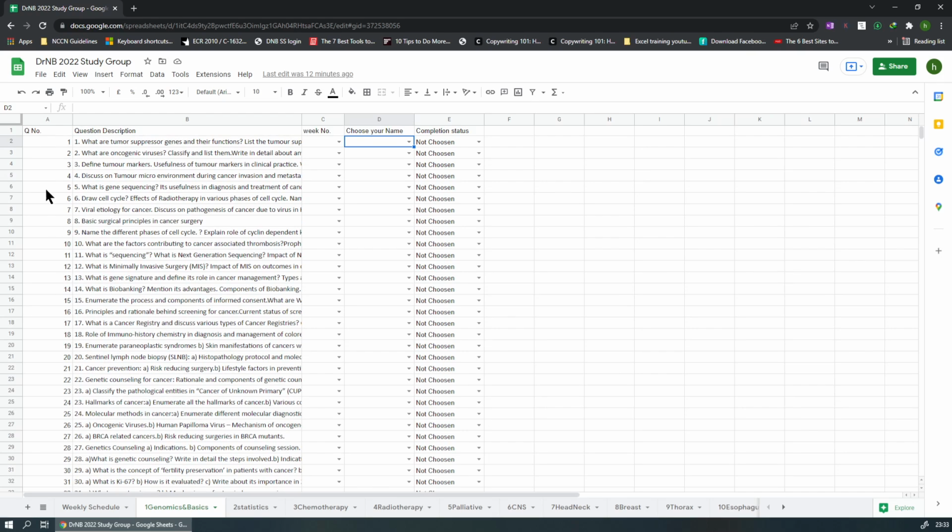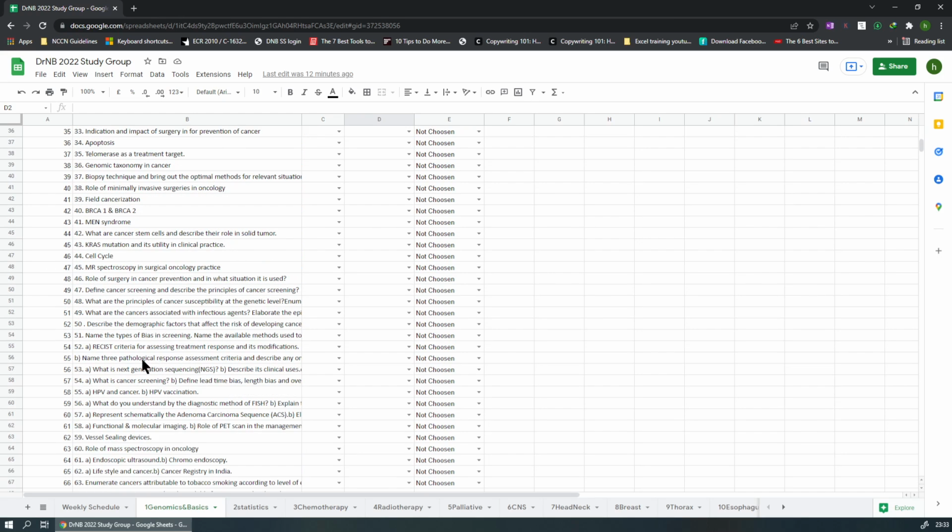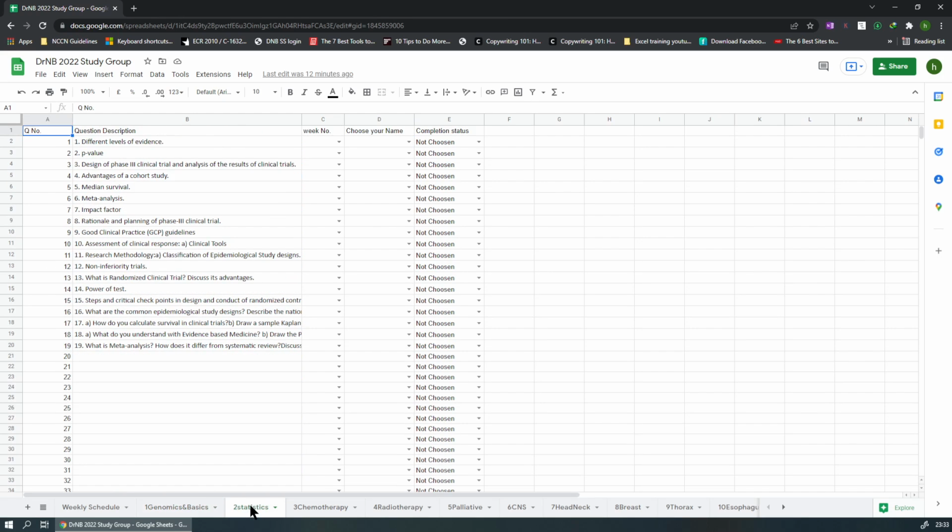For all practical purposes, we'll take the question number in the serial column as the standard reference, not the question number that is present in the question description, because in some places certain questions are repeated and question numbers are repeated. That's why this happened, and I don't wish to change individual numbers right now.